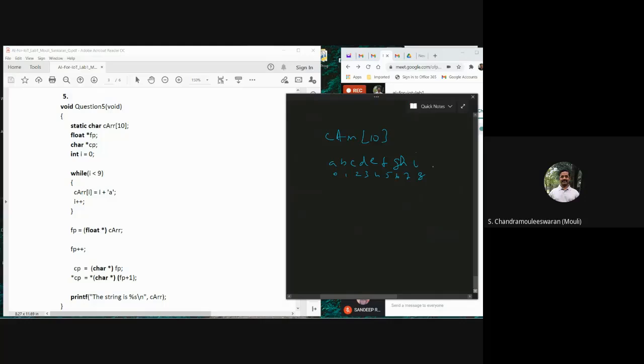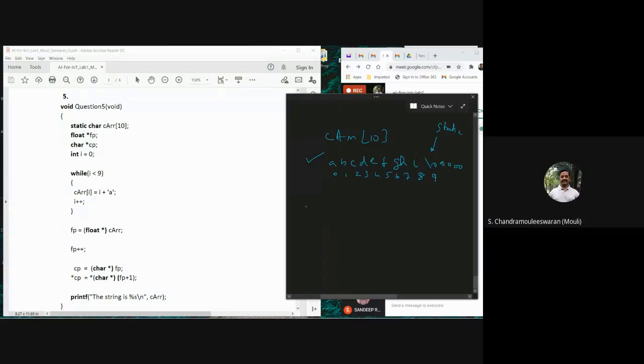Now null will be there because it is a static array, because everything is 0, 0, 0. So we have overwritten till this point, 8. So index 9 will have 0, which will be considered as a null for printing. So it will not print beyond I. So that is taken care of. All of you are getting it correct.